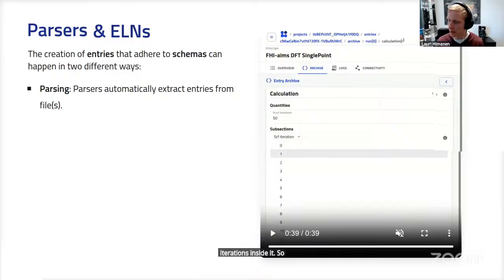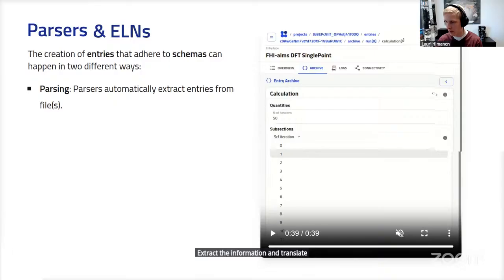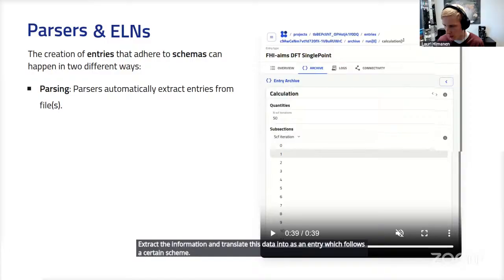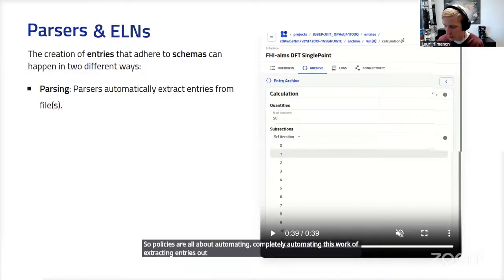A parser is essentially just Python code that gets triggered when a certain file type is recognized. It will read this file, maybe some auxiliary files that are also in the same folder, and it will extract the information and translate this data into an entry which follows a certain schema. So parsers are all about completely automating this work of extracting entries out of your raw files and folders.